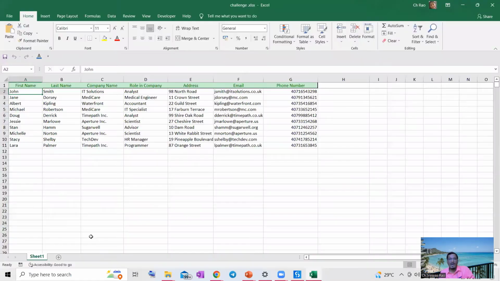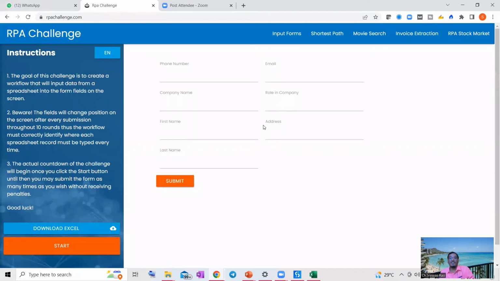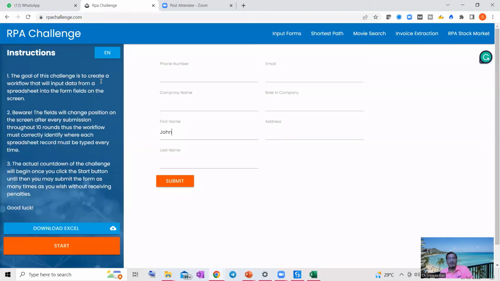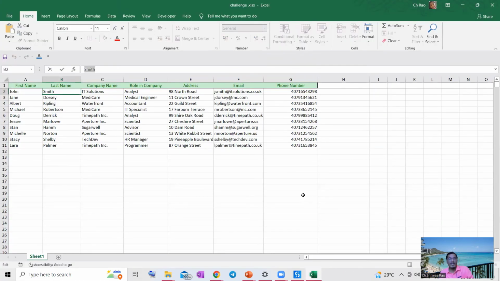This is the form, and here I am copying the first field. That's the first name, and I copy it, alt tab, go to the first name field and paste, Control V, paste. And again alt tab, going back and copying the second field, alt tab, come back here and paste into the second field, that's the last name. And going back, the third field, that's the company name, copying, alt tab, going to